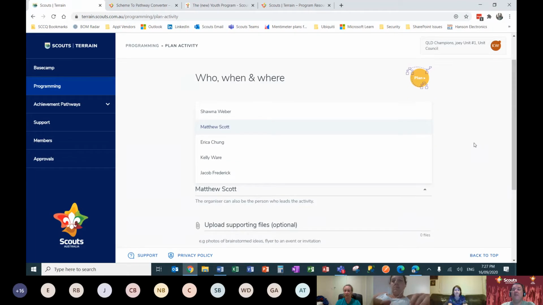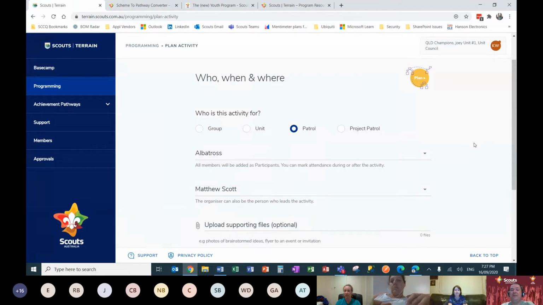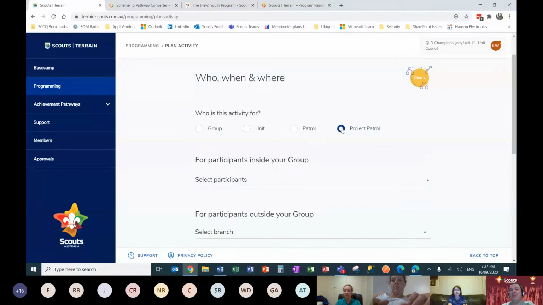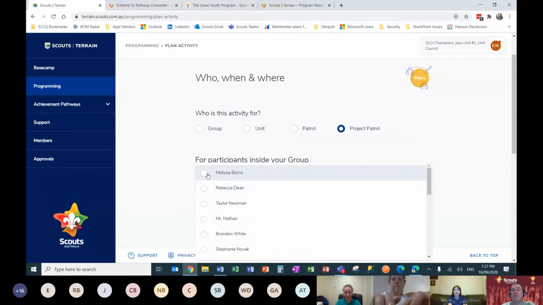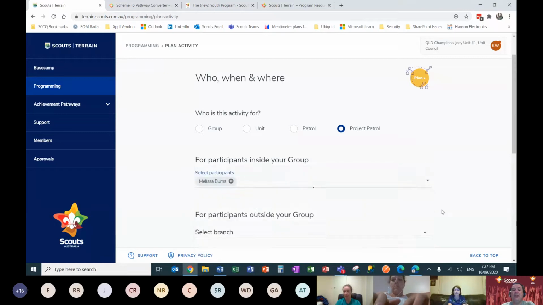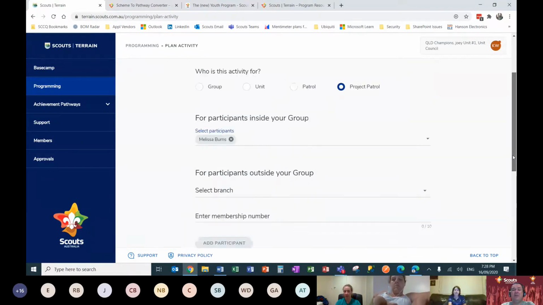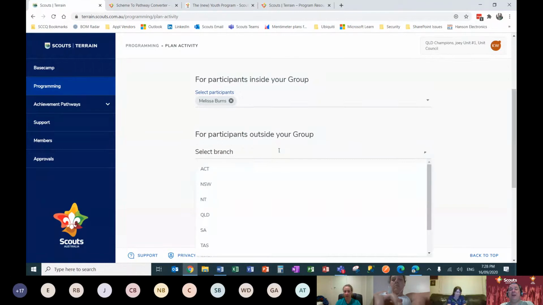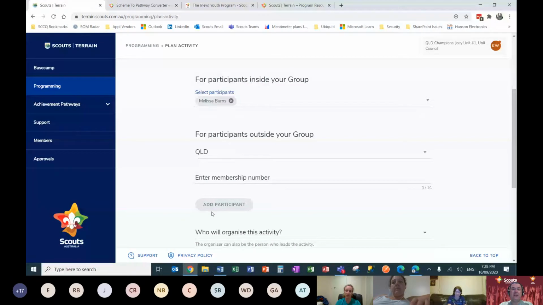For those of you who like to do multi-sectional or even multi-group activities, you can set up a project patrol. When you set up a project patrol, you can choose people from within your own group, but you can also choose people from any branch anywhere in Australia to join your project patrol. So in this case, I'm going to choose Queensland. I'm going to put my own member number in there, and